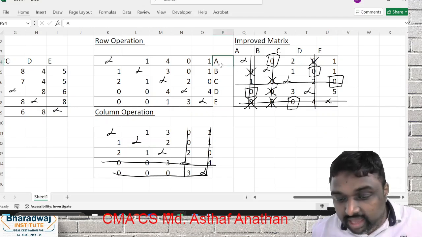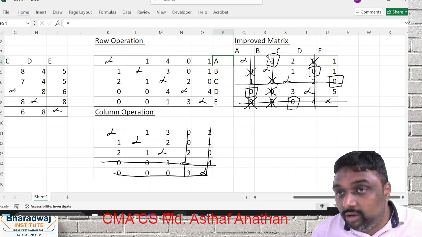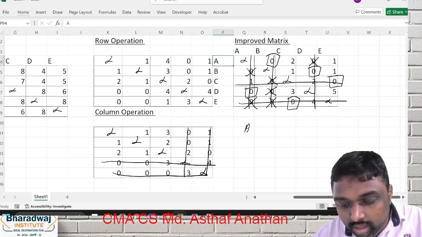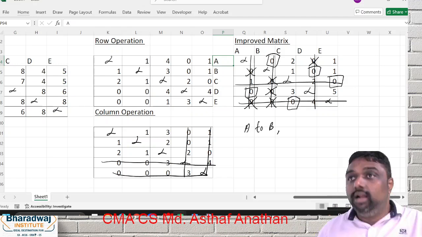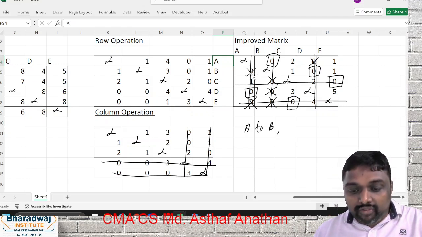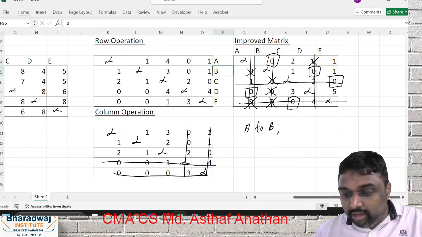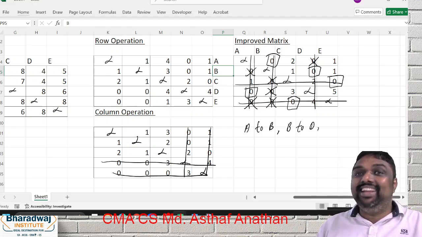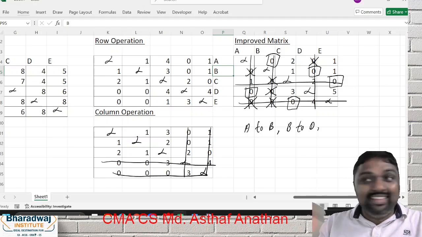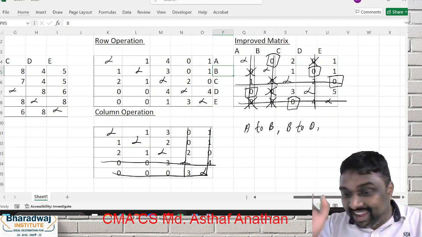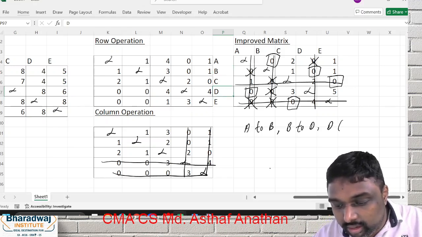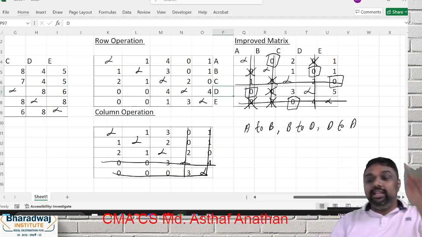See, first day, this is A. Where is A going? You allocated B. That means A is going to B first. A is going to B location. Then from B location, you have to look at where B goes. Which location do you have to do? So B is going to D. This allocation alone will change. Generally, the allocation identifies the cost, but the travel route you have to work out. Now you are going to start from D. This is D. Where are you going? D to A. Now tell me, my dear friends, what is our condition?